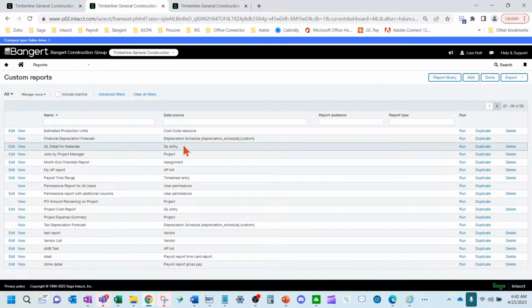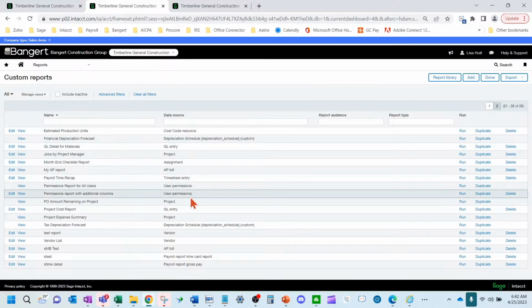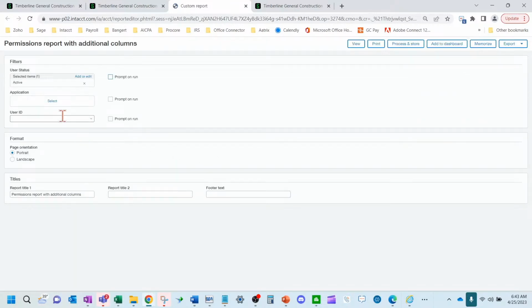Okay, lastly, there are permissions reports, and there's also an advanced audit trail functionality that you can turn on inside the system to give you some reports for looking at security permissions, and there's event logs, so you can see when a user has signed in and such. So if we look at this one that is called permissions report,